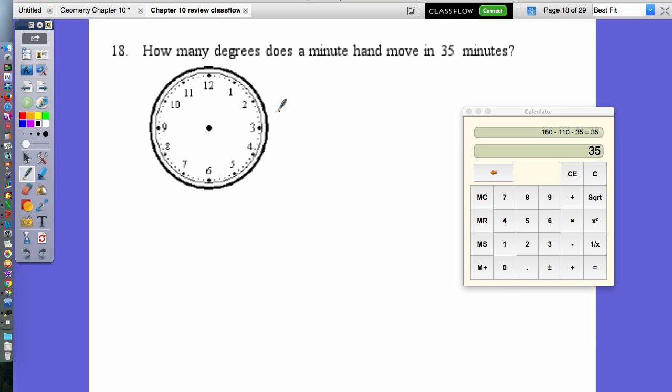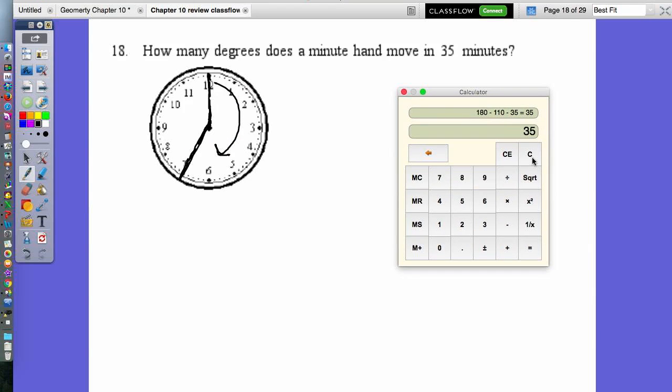How many degrees does a minute hand move in 35 minutes? So it goes from here to here. So it's that whole part. So basically, I could do 180, but there's 360 degrees in a circle. Okay, so 35 minutes divided into 12. So it's moving 30 degrees every time it moves. So 30 times 7